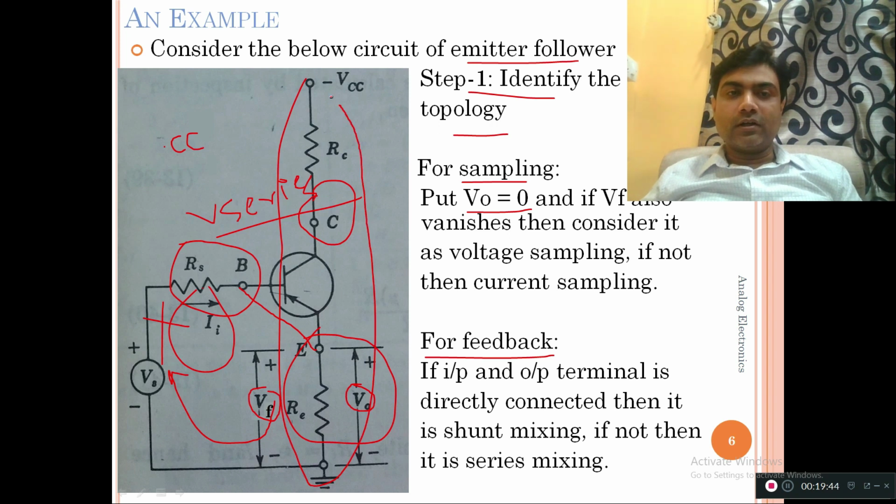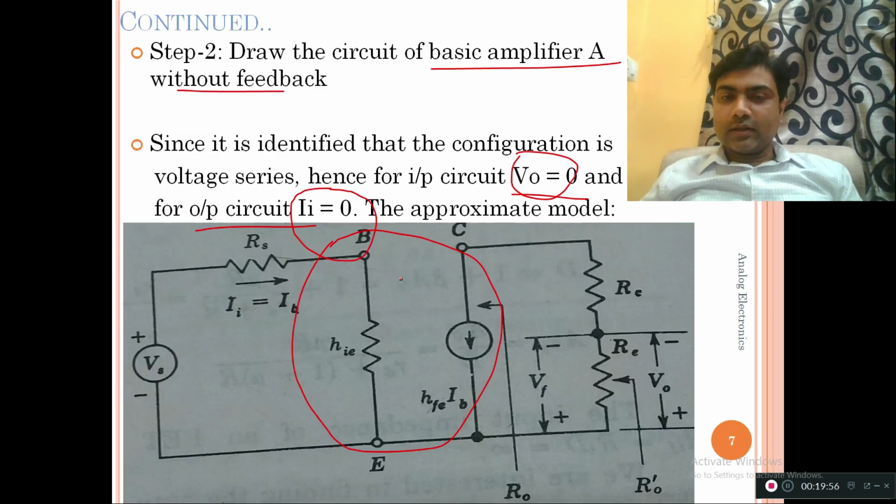This is the circuitry which is going to remain, that is the RC, RE, and the output between collector and emitter terminal. So you can see from here that this is the C, this is the E, and between C and this E we are having the two resistances. This is the RC and this is the RE, and across RE we are taking the output V0, and across RE we are taking the feedback voltage VF. So likewise we have drawn.